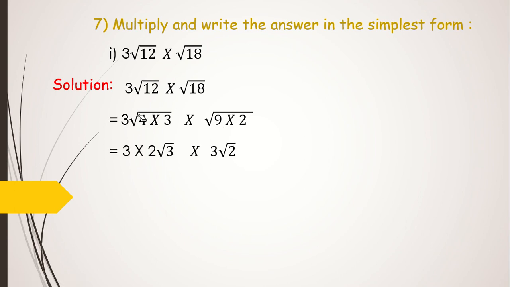So 3 into, see, root 4 we wrote as 2, so this became 2 root 3. And this root 9 we wrote as 3, so that became 3 root 2. Now just multiply the numbers. 3 2s are 6, 6 3s are 18. So that became 18. And root 3 into root 2 is going to be root 6. So just multiply the numbers part and multiply the radical part. That's it. This was a little easier, and that way also you can find the factors of 216 and then take it outside the radical sign. You will still get the same answer.